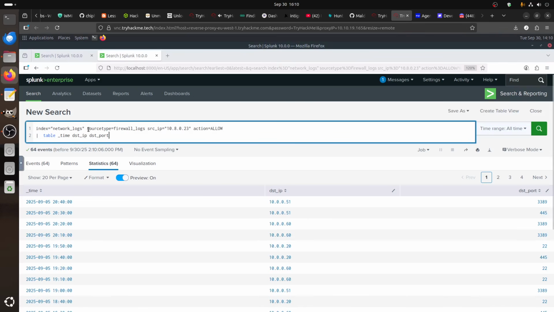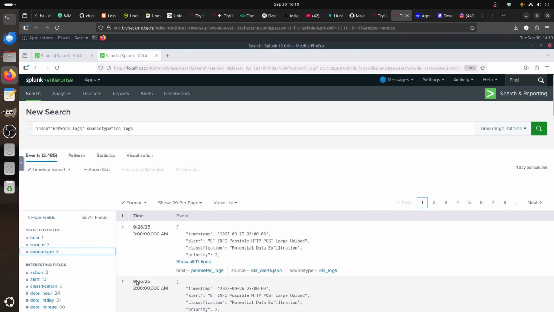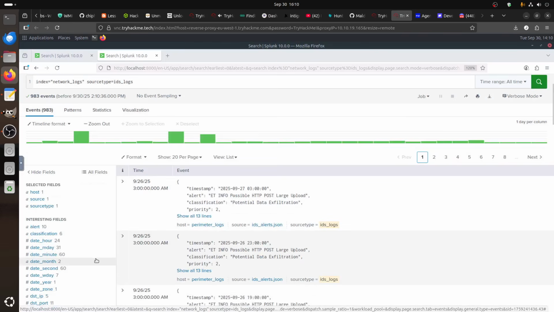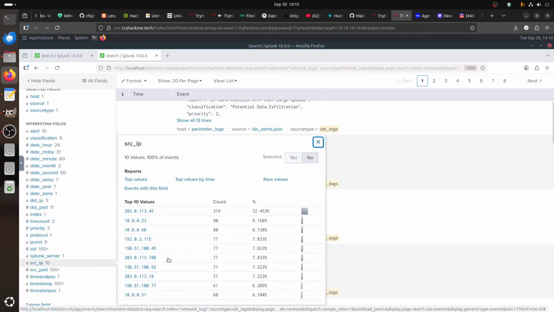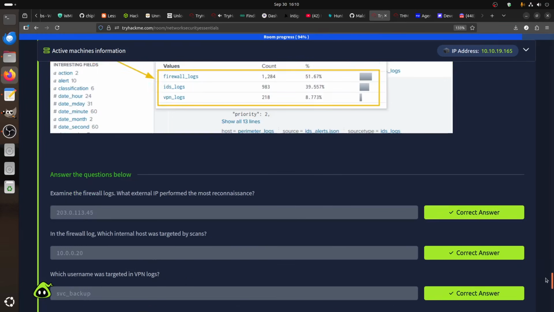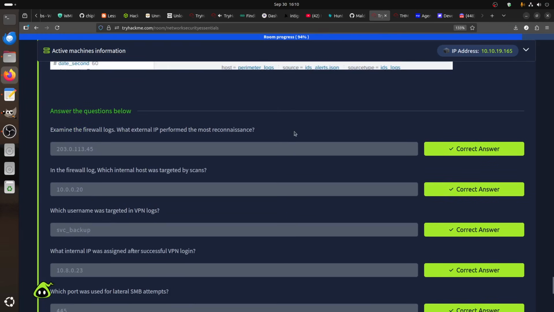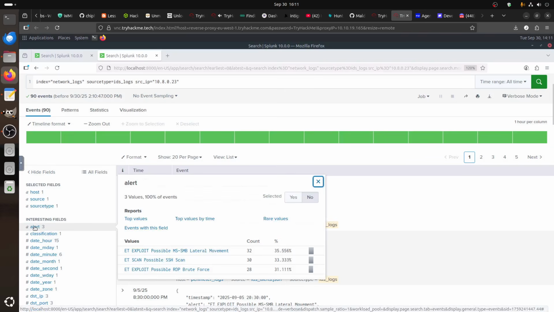We can just, okay, let's be lazy. Where is that IDS? The source type, now we can just switch to an IDS log, and then we're looking for that IP. This IP, the 10.80.23. Let me confirm that's the IP, yeah? The IP we found, the 10.80.23, yeah. What, we have an alert. You can see